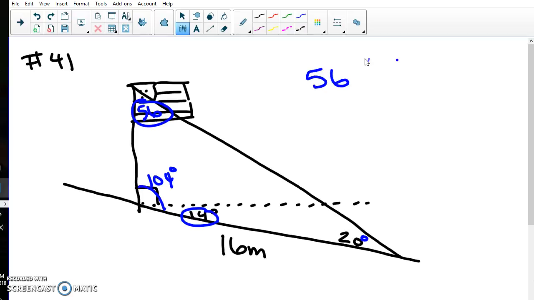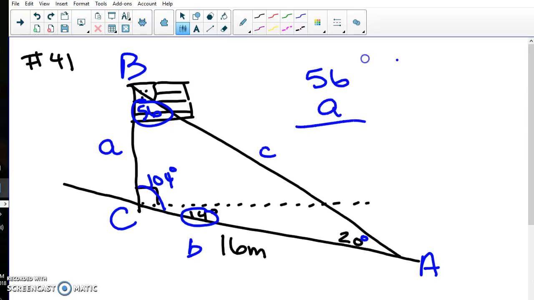We want to find the height of the flagpole, of course. So if that's side A, that's angle A. If this is side B, this is angle B. And this is angle C, so that's side C. So we're looking for side A. We're going to go ahead and set up this ratio. A is to the sine of 20